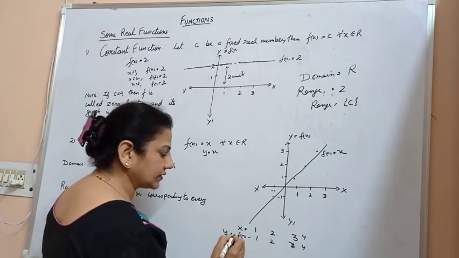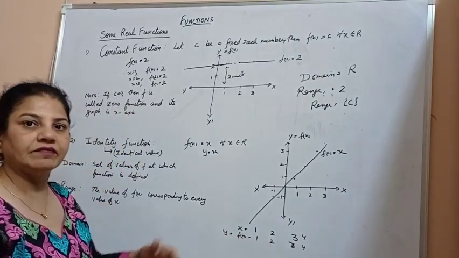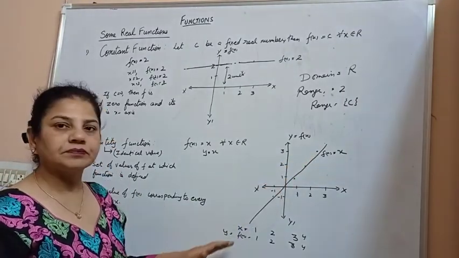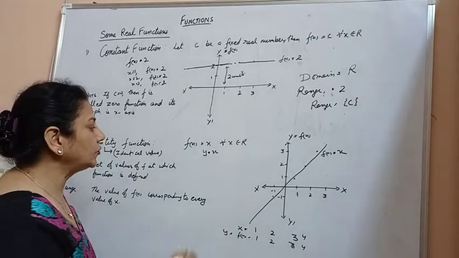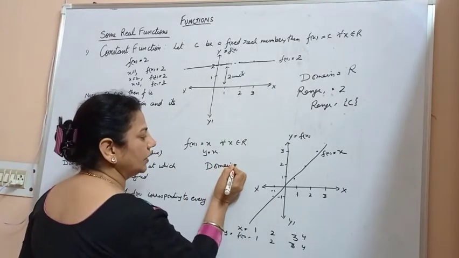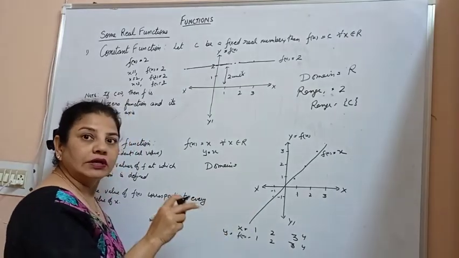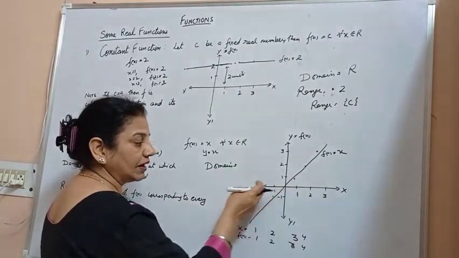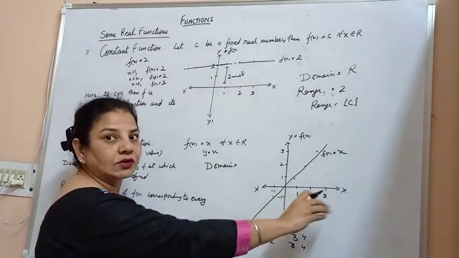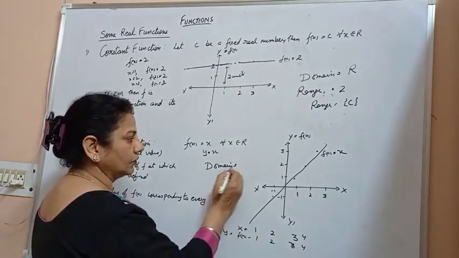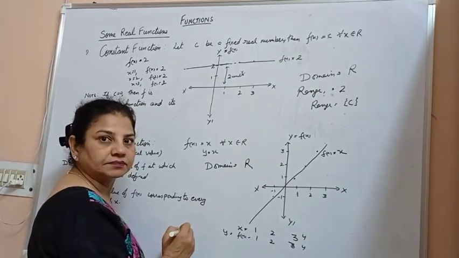And what is f(x)? f(x) is basically y. So the corresponding value of y is 1, 2, 3, 4. So we can say the graph is a straight line. When we talk about the domain of this function, what will be the domain? Domain is the set of all real numbers, because we give the value of x as 1, 2, 3, 4, minus 1, minus 2, all the numbers lying on the x-axis, and the numbers lying on the x-axis are the real numbers. Therefore the domain is the real numbers.